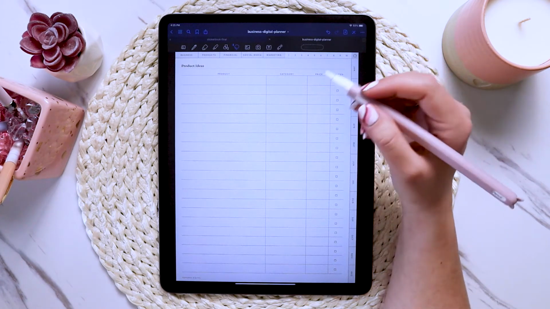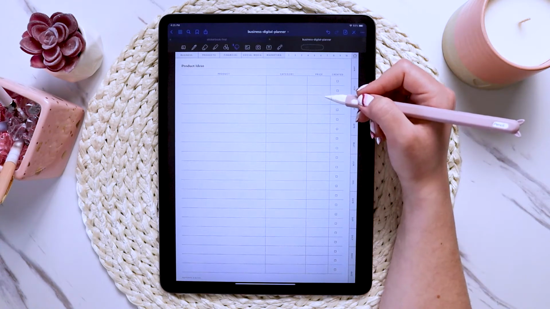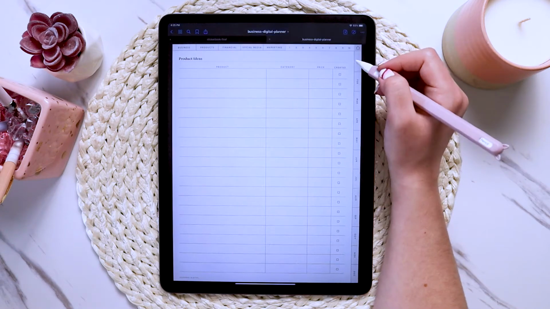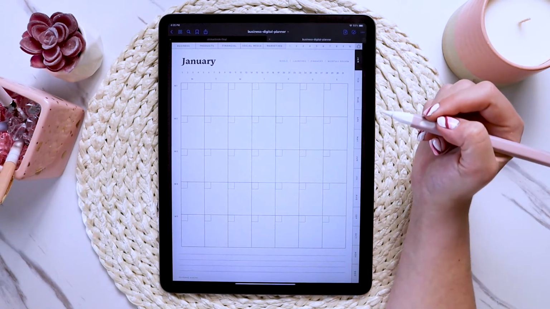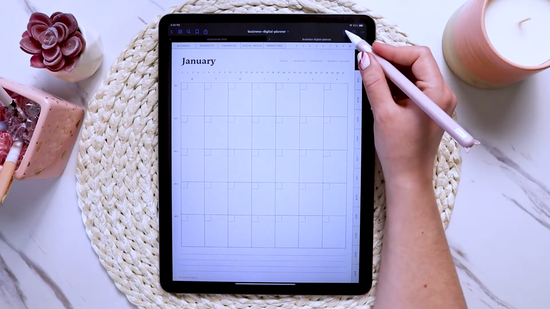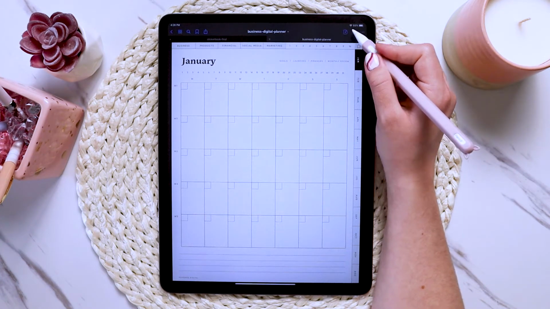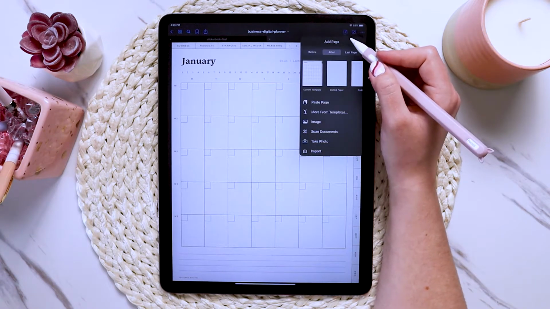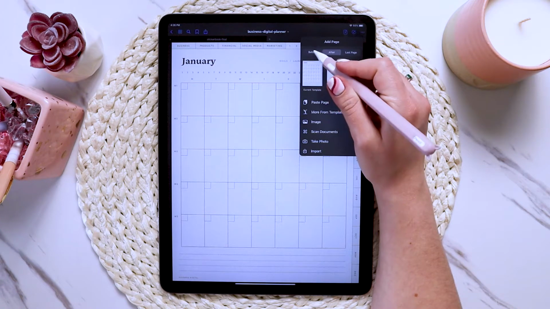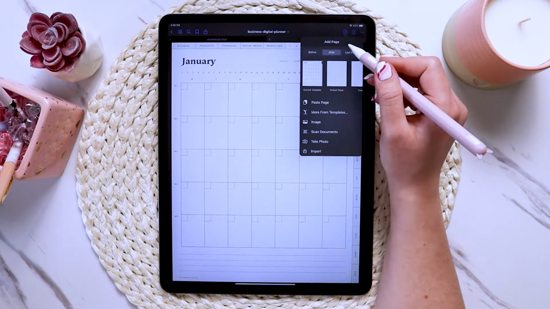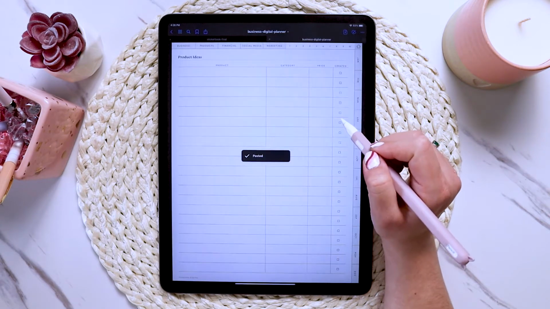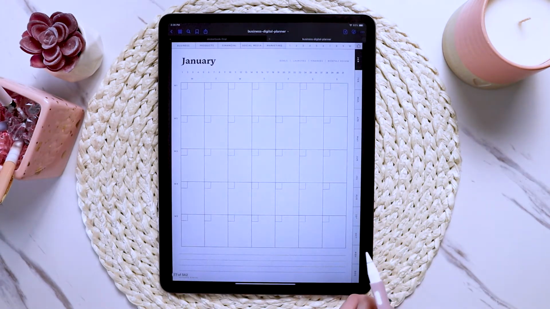And then you're going to want to navigate to the page that you want this page to go after. So let's just go to a random page to say that we want this page to go after this month page. Again, we can do this a couple ways. You can tap on the page with the plus sign inside of it, that icon again, and you would just select which one you want, whether before, after, or last page, and in this case we want after. And then you can just tap on paste page,